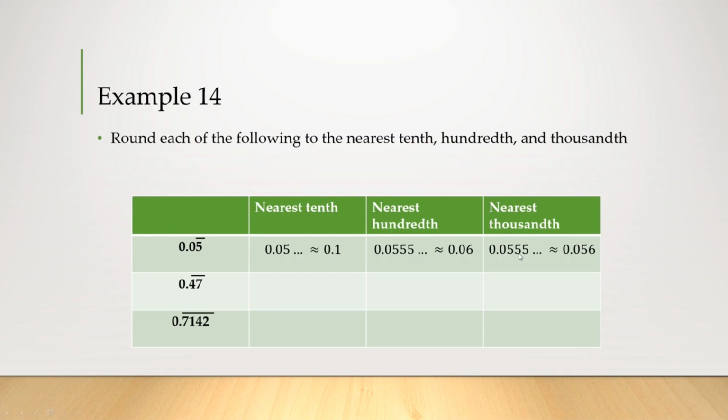Looking at the thousands place, round up. So I'm only going to round this 5. So that's why it's 56 thousandths. Now with